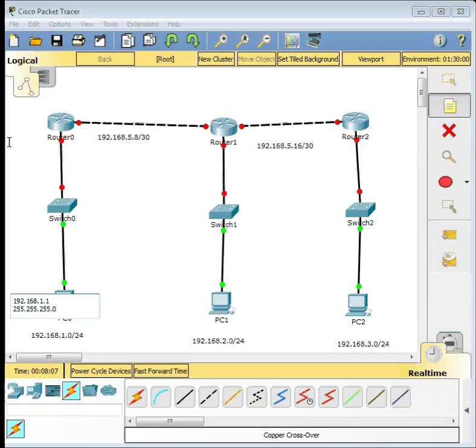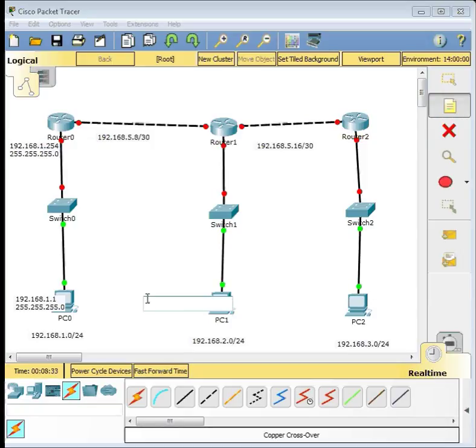For this interface, the IP address is the last usable IP of this network. So the last usable IP is 192.168.1.254 and the subnet mask is 255.255.255.0.